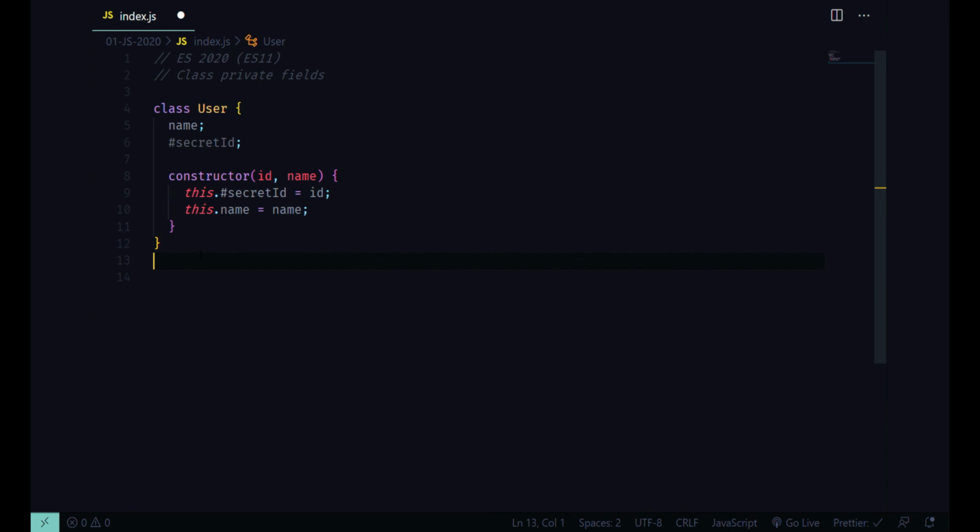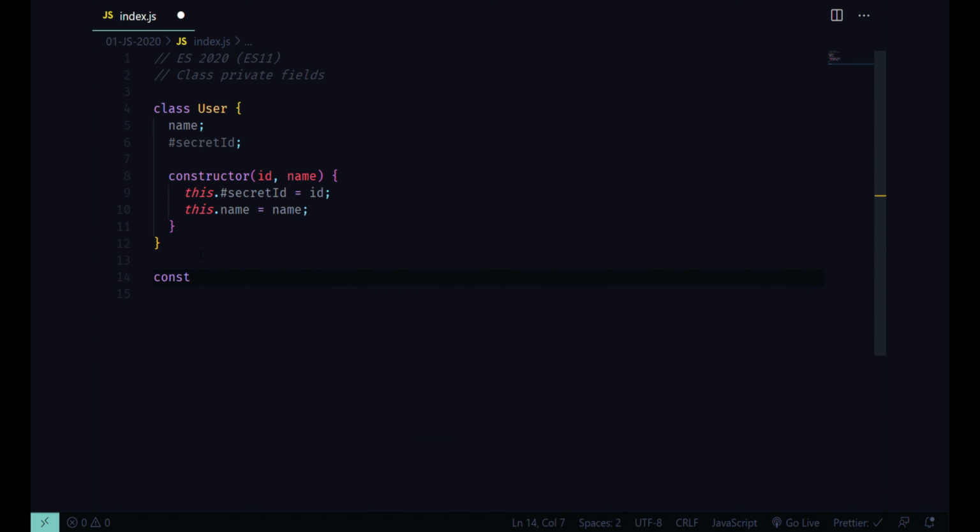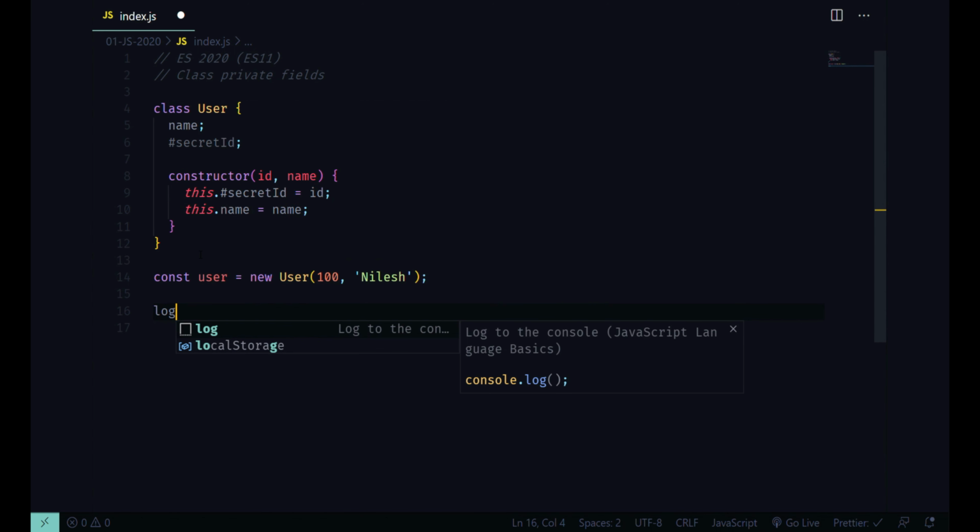So we'll just test whether it is working or not. We'll create one object, user equal to new User, which takes ID as 100, and I'll be passing the name Nilesh, and we'll try to log it out.